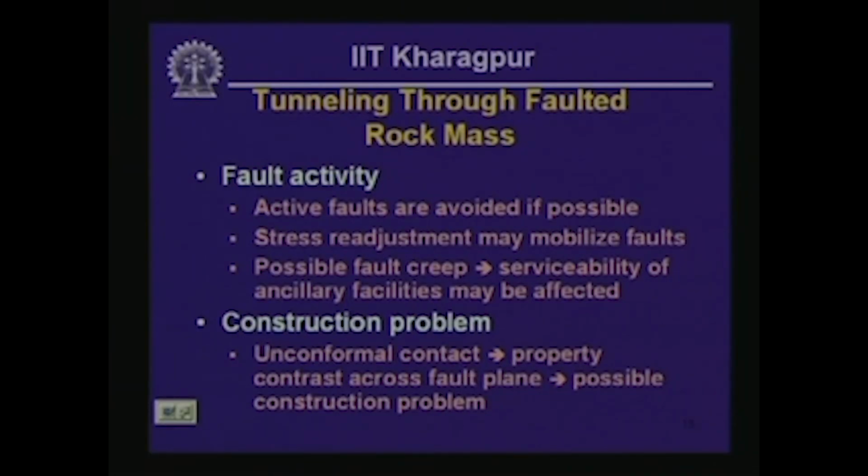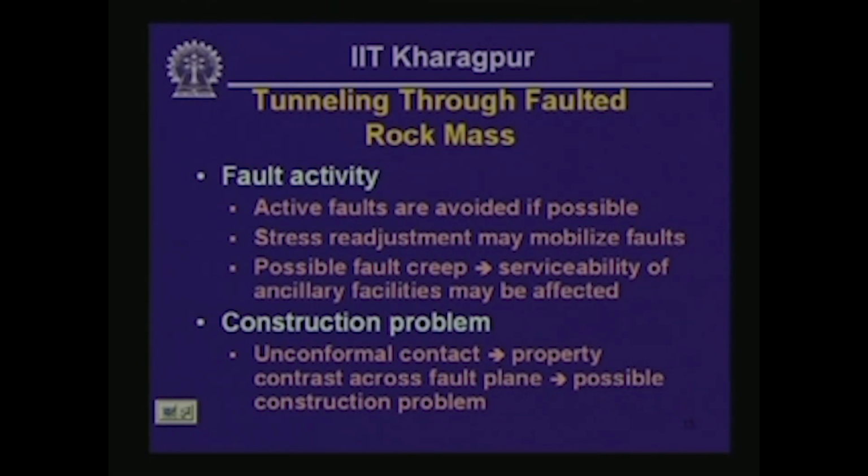Okay. Now, we have looked at the problems associated with tunneling through folds. Now, let us look at the problems that you might encounter in the construction of tunnels through faulted rock mass. The problems are essentially of the following types. You have to consider the activity of the fault, whether the fault has been active in the recent past or not. Active faults are typically avoided during construction of tunnels if possible, and if possible is the key phrase there,